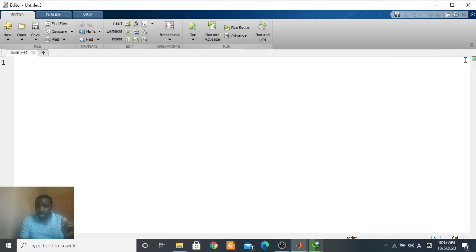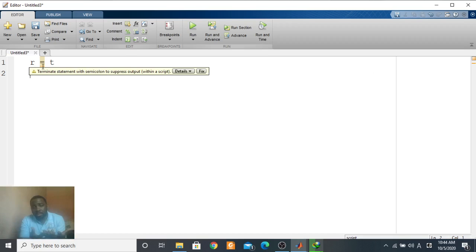So that's not a certitude to say your code is perfect, but it will run. All right, it will run if it's green. There is the orange symbol, right? So for example, if I say R is equal to T and I press enter, and then I continue writing, are you seeing that there is this orange symbol? It's a warning. Okay, that tells me something that we've not seen up until now,